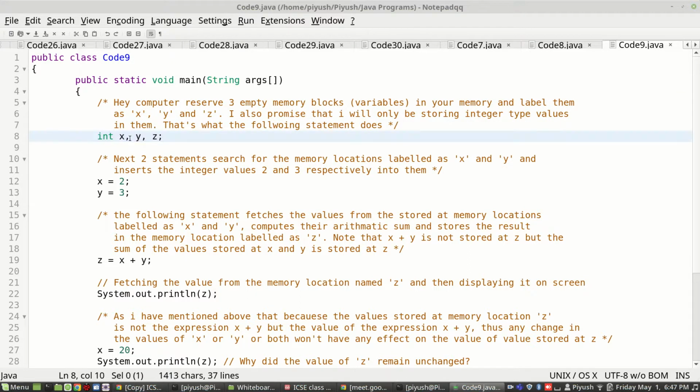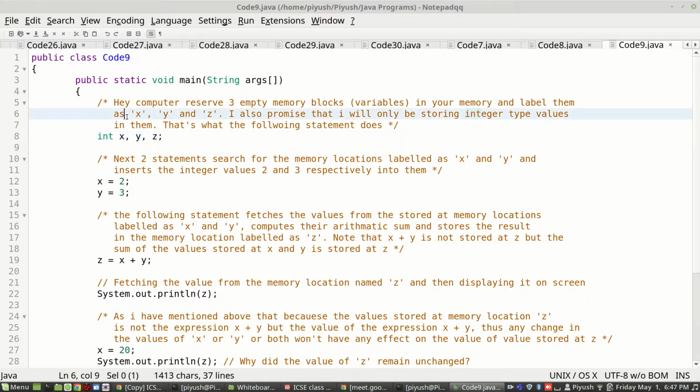We need three memory locations, one for storing each number, and the data type of each value. This is the variable declaration statement, where we are reserving three memory locations identified by the names x, y and z, and we are telling the computer that in those memory locations we will be storing only integer values.